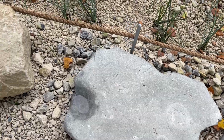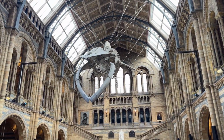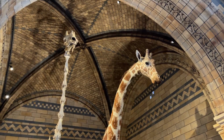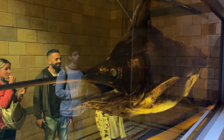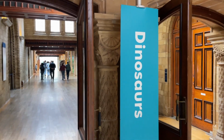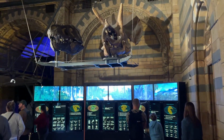After the entrance, we enter the Hinze Hall, where we are amazed by not only this whale skeleton but also these giraffes, and next to it, a blue marlin, one of the 900,000 fishes in the collection of the Natural History Museum. Then first we go to the dinosaur areas, curious as we are,